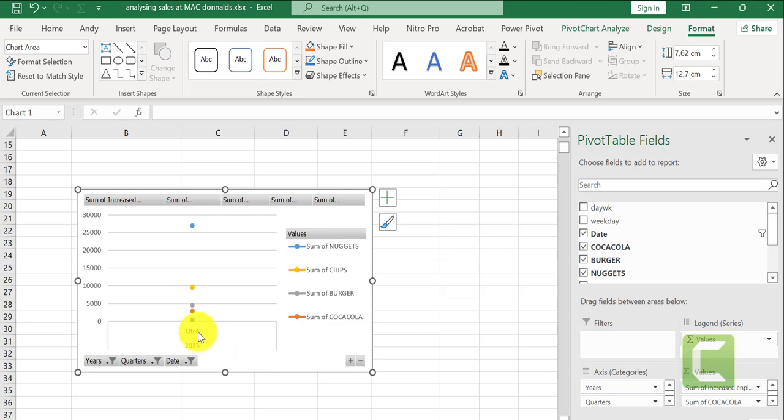Good. As you can see, we can have a distribution of the sales made by month of the fourth quarter,